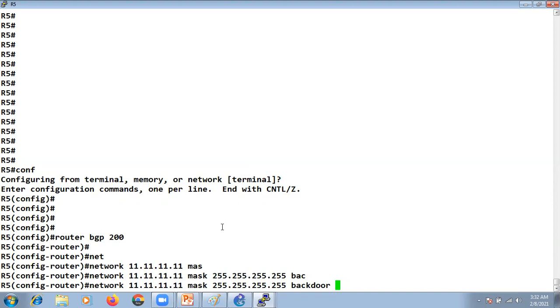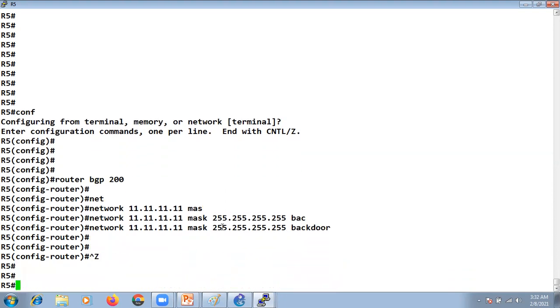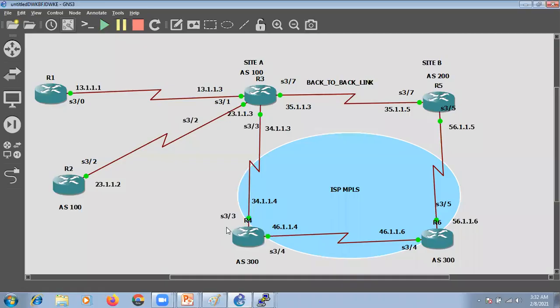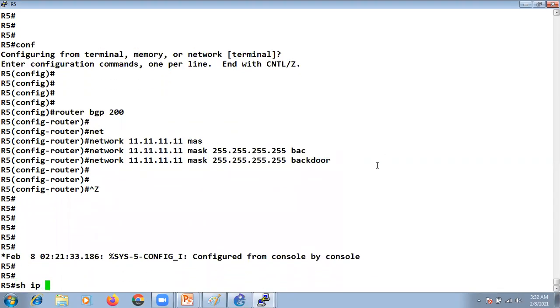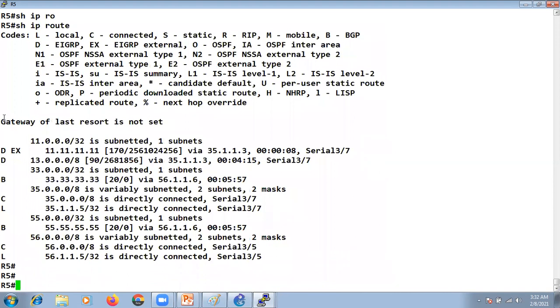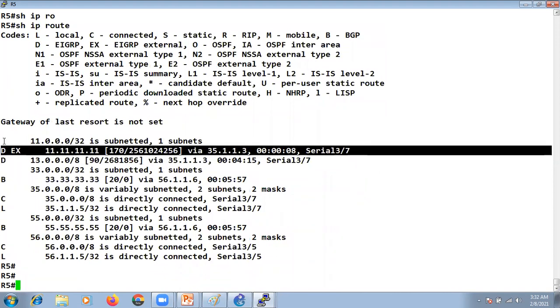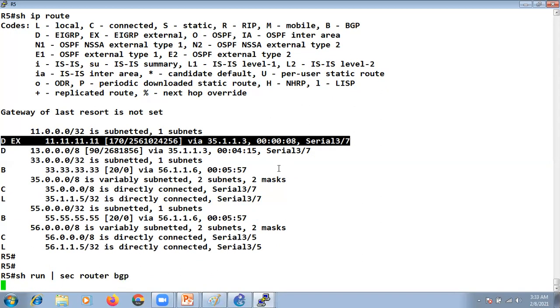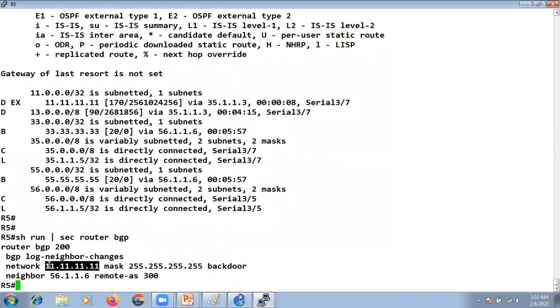Okay, let's say we just give this backdoor command for the 11 network only. Now let's check again, show IP route. Now see, it installed the EIGRP route instead of the BGP, because now we have run this command backdoor under router BGP, and we tell the router that while you are installing this route 11.11.11.11/32, you need to consider the AD value as 200.